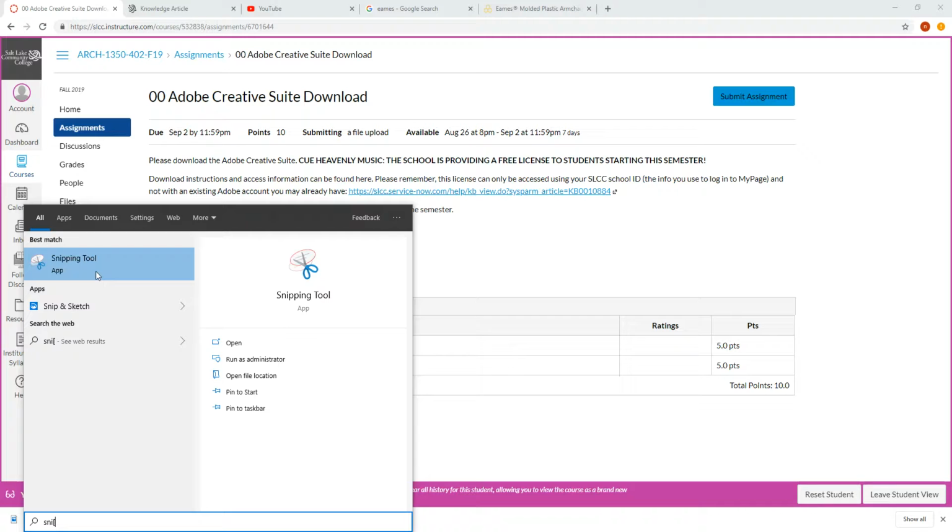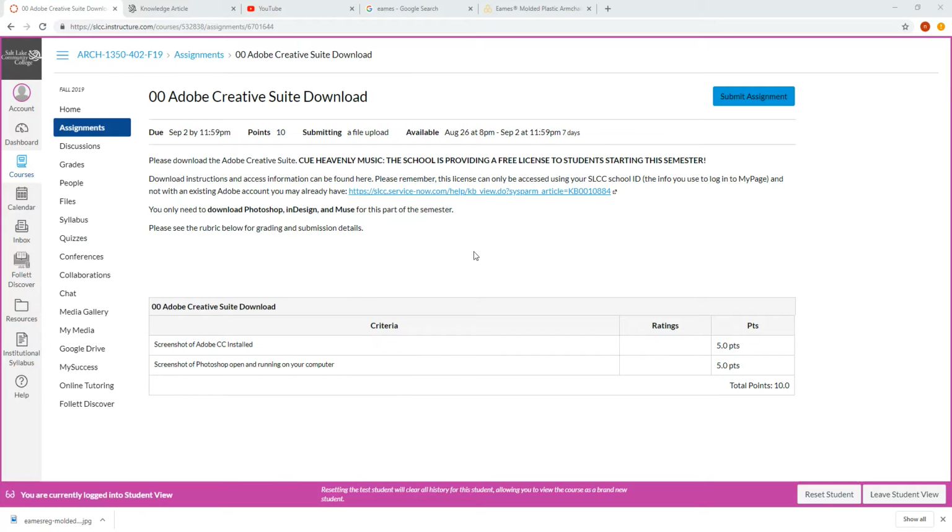So what we're all going to do tonight, just to practice, is I want you all to try and use the snipping tool, and I'm going to have you send me a screenshot. It can be a screenshot of whatever you'd like, just keep it appropriate. But when you click on the snipping tool,